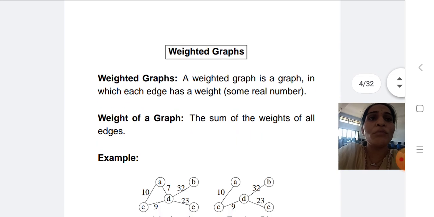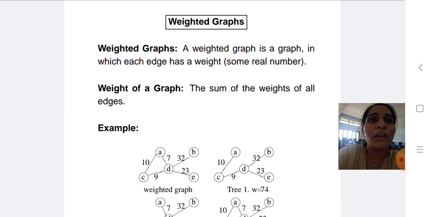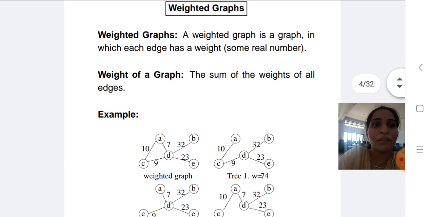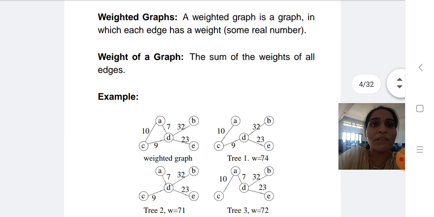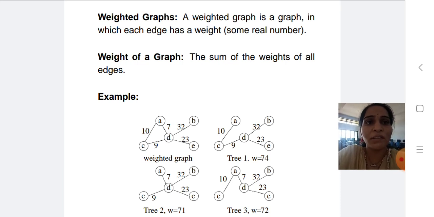firstly we have to see what is a weighted graph. A weighted graph is a graph in which each edge has a weight, some real number on it. Weight of a graph means the sum of the weights of all edges. For example, in the given example, the weighted graph is A, B, C, D, E, and the edges AC has weight 10, AD has weight 7, CD has weight 9, DB has weight 32, and